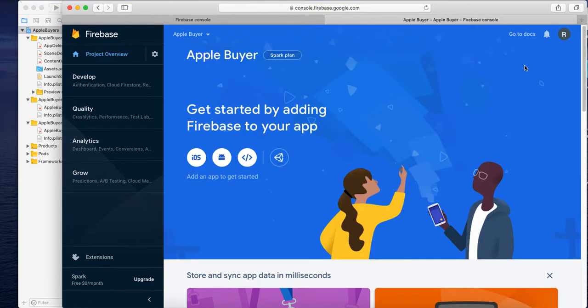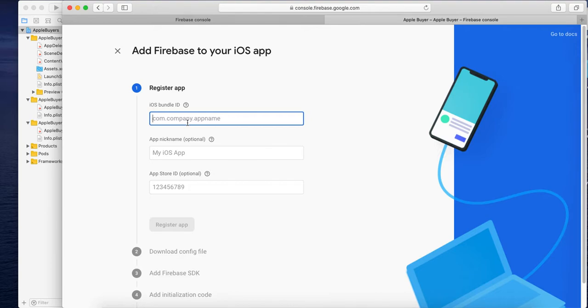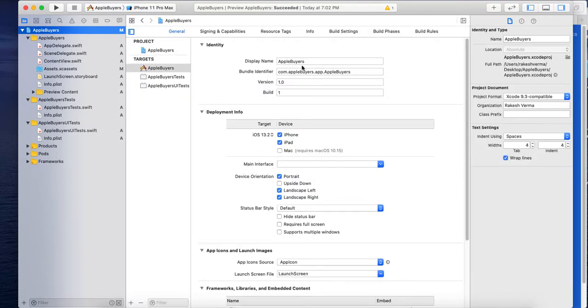Now what we can do, we can register the app bundle. What we have given here, we will use the same.